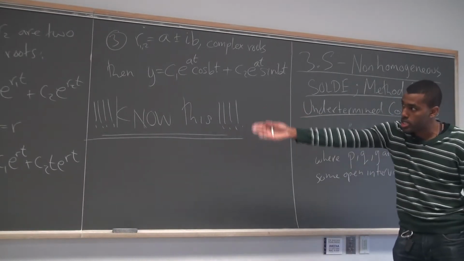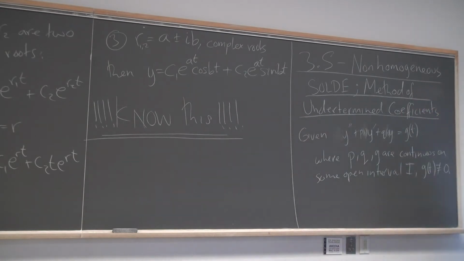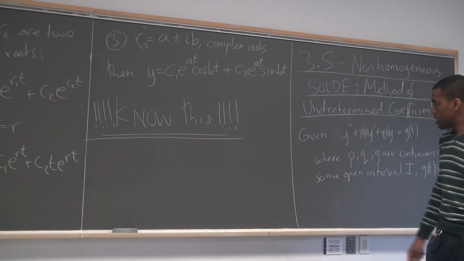This is how we deal with a homogeneous case. There are really 3 possibilities when we have constant coefficients, right? Suppose we don't have that, then